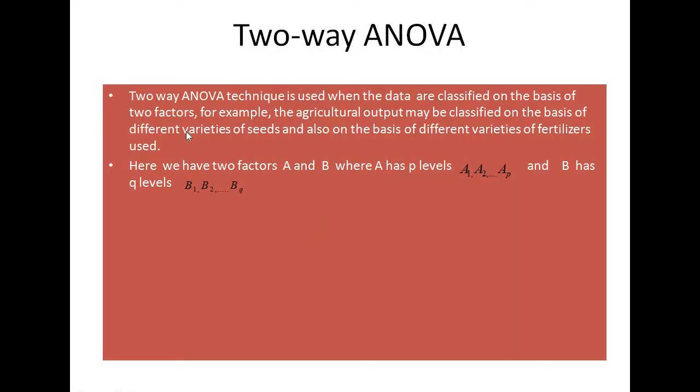In two-way classification technique, the data are classified on the basis of two factors. For example, the agricultural output may be classified on the basis of different varieties of seeds and also on the basis of different varieties of fertilizers used. Here we have two factors A and B, where A has P levels A1, A2, AP, and B has Q